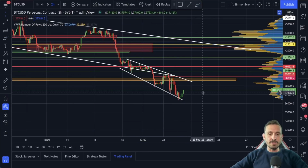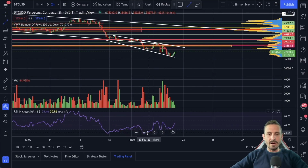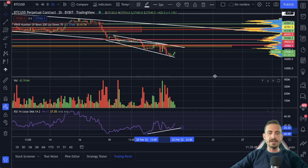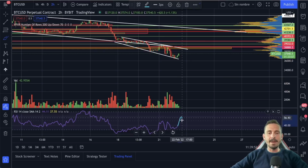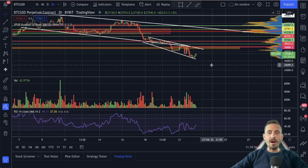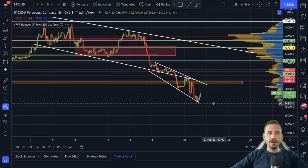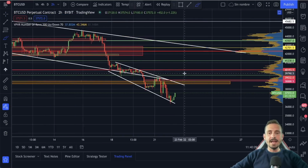And taking a look at the 2 hourly, it is pretty cool to see the lower lows and the higher lows on the RSI. As you can see, this is giving you a little bit higher probability to see a potential big bounce till you get to the potential overbought territory. And this is why we could have that leg up to at least round about $39,000, between 38.5 and 39. And here is the level where you could